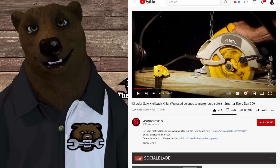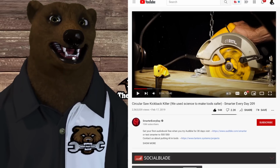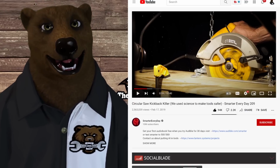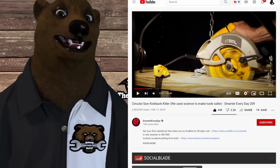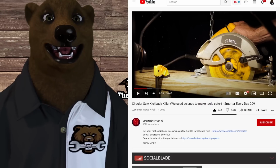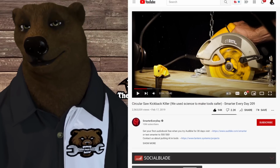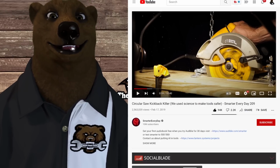Now, I'm going to send you over to Smarter Every Day on this one. They do a demo demonstrating kickback and showing that they actually invented a device using some machine learning and a few sensors. It doesn't seem like it's all that expensive. The software probably a little bit more so, that senses kickback and engages the brake on the tool. Why every circ saw built today does not have this, I have no idea, because they should. It's clearly something that should be built into the saws. I'm not going to say it should be mandated by the government, but I would buy one. If it cost 20, 30, $50 more, I think for the peace of mind and the safety, I would